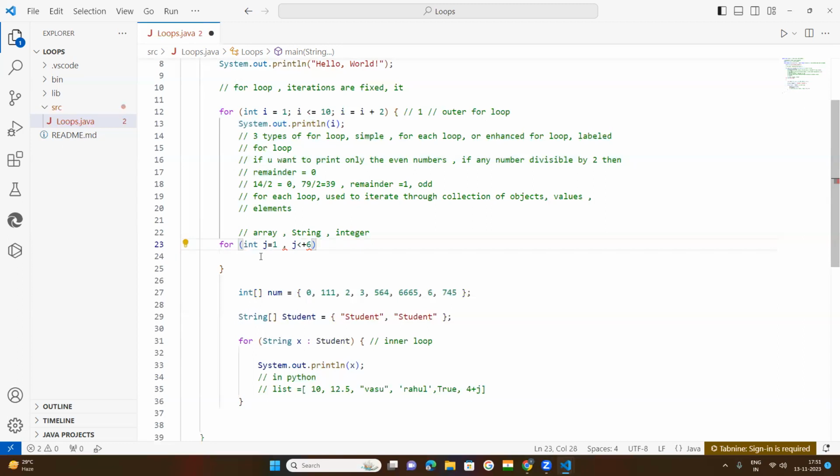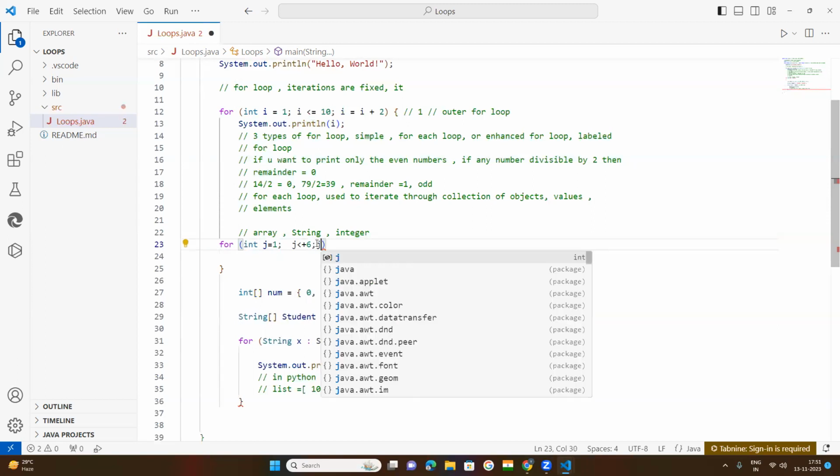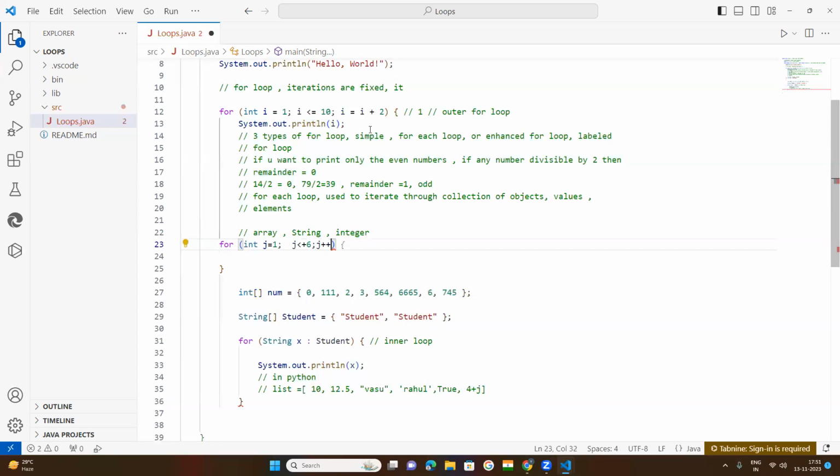This is the initialization of your variable. Then semicolon, next the condition, semicolon, next the incrementation, j plus plus. So here i plus plus, because our initial variable is i, and here j plus plus. Now open brace,